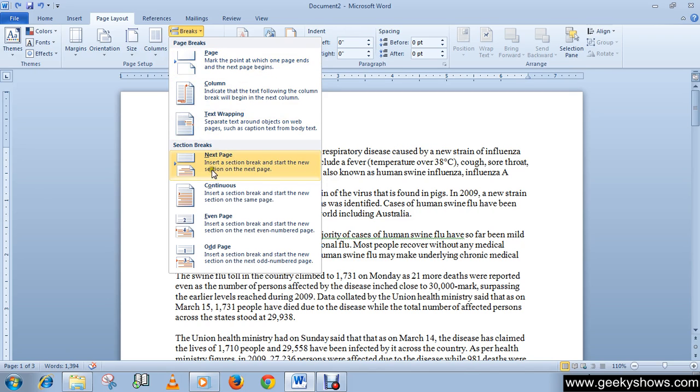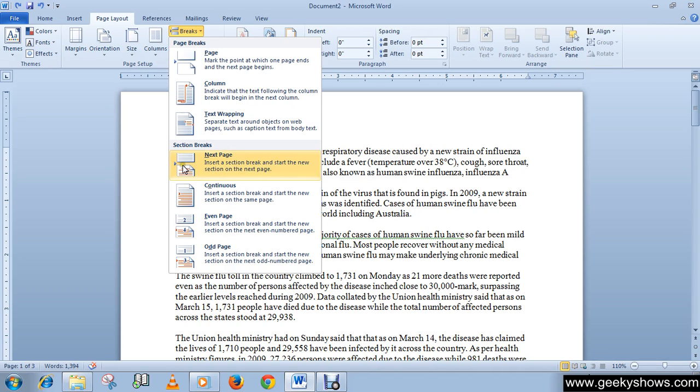There are lots of options available in the section breaks, so we'll learn how to use these options, why we should use them in a document, and in which cases we will use them.